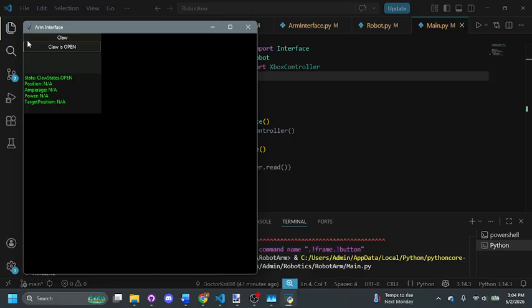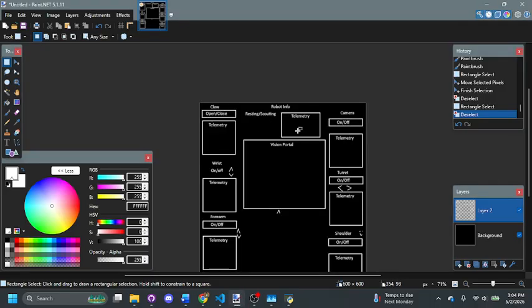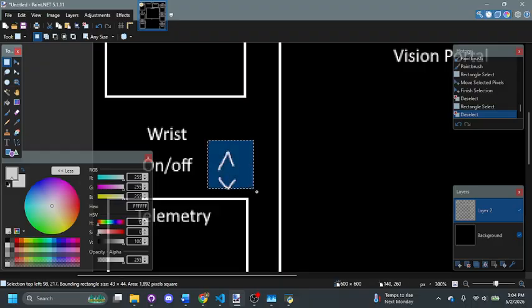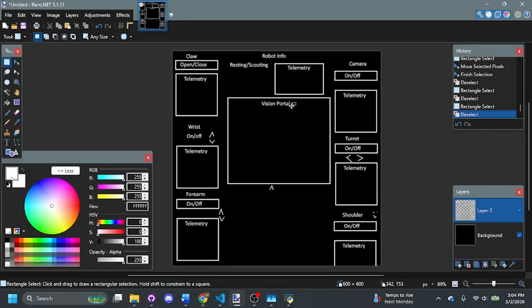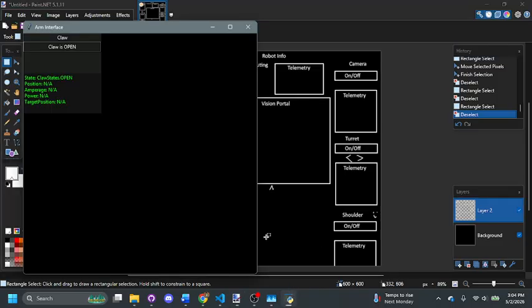Like I have each of these frames here as like a generic class. I call it subsystem GUI. And so I can just make another subsystem GUI for the wrist, for the whatever, right? And my original design on here was like this. It's not perfect, but this is a rough sketch. So for the other subsystems, since I know they're not just binary on or off kind of thing, I was thinking I could have like up and down for the wrist and stuff like that, just so we can control it. But in the future, what I want to have is